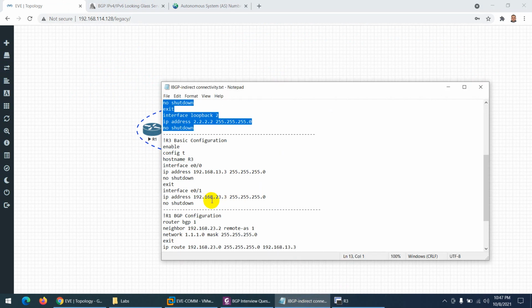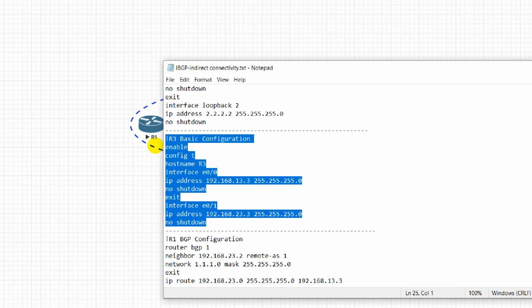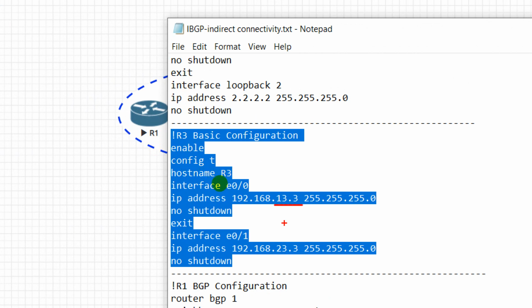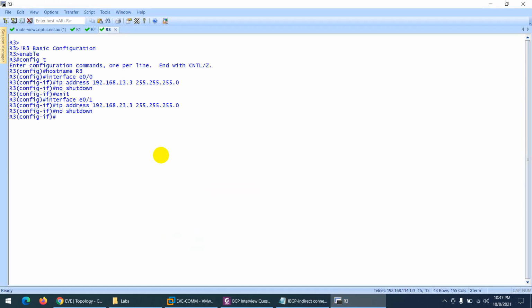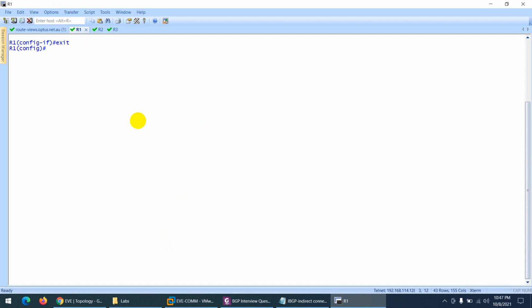Okay, now in R3, which is in the middle, so just 13.3 and 23.3, just connectivity between these two routers. So let me apply this one. Okay, and now let's create neighborship between R1 and